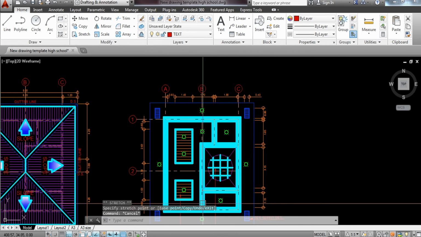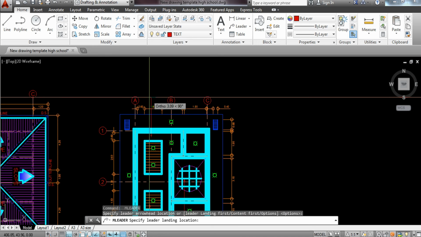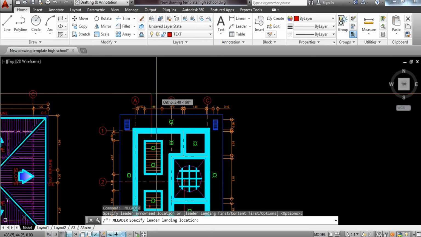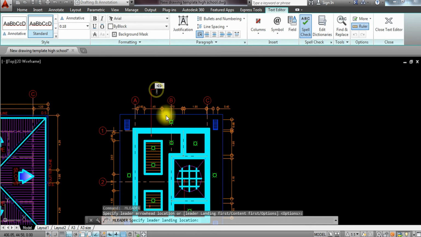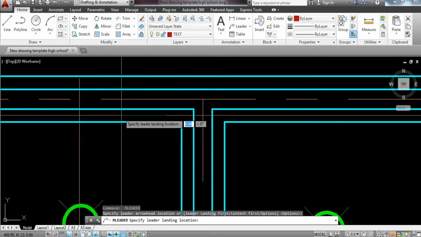And then if you want, dito naman sa taas, I'm going to click here, and then I'm going to describe this material as Hardiflex, or what they call fiber cement board, paint finish. Okay, and then here for our cornice,